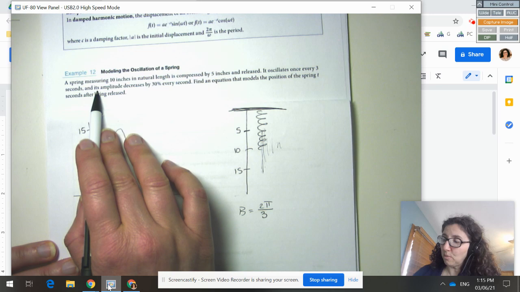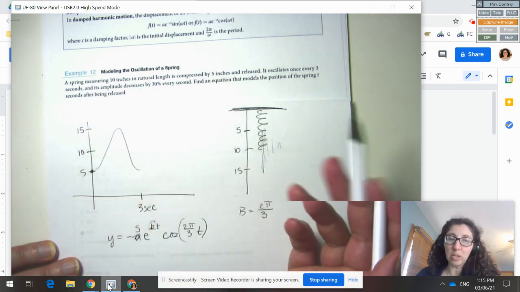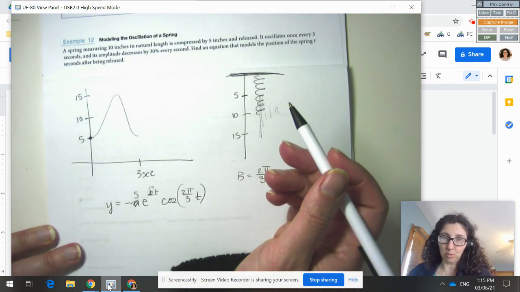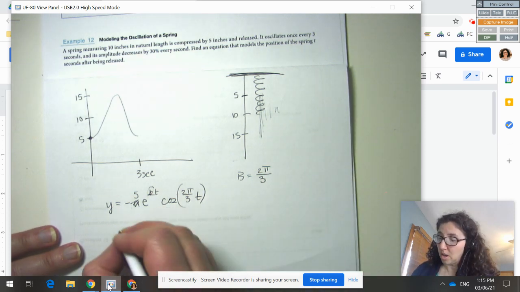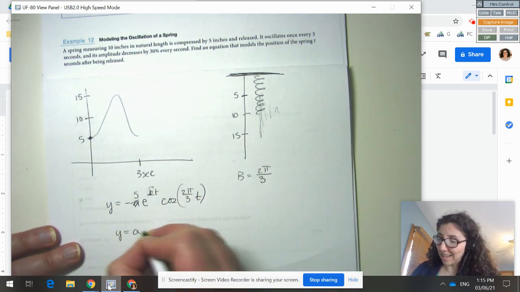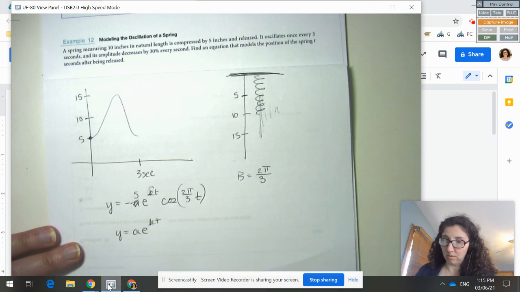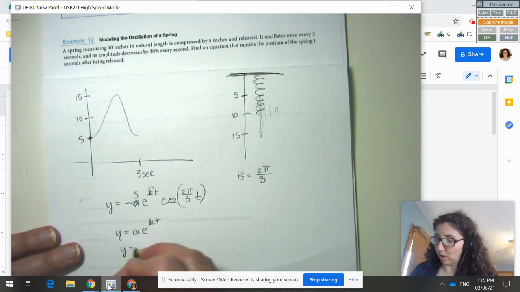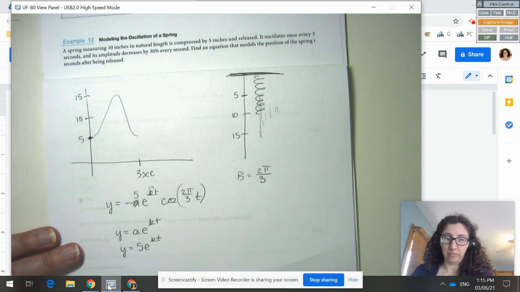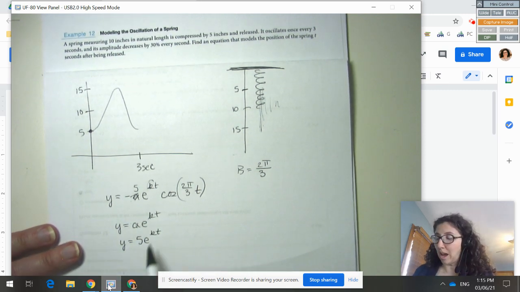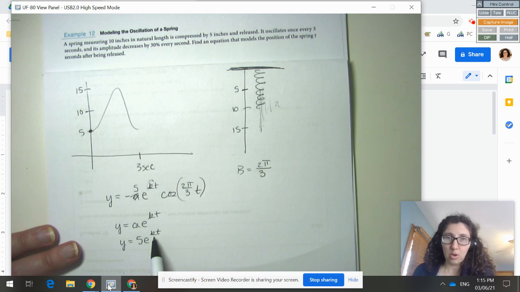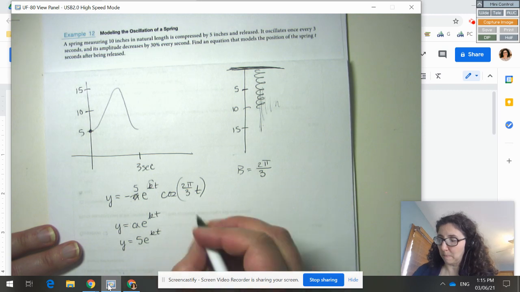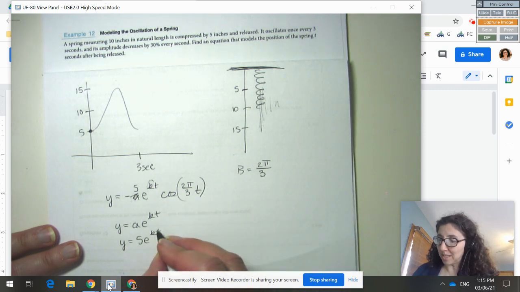We're going to use this information. The amplitude decreases by 30% every second. All right, so we got to think back to our exponential functions. We're going to have something of the form y equals a e to the kt. Okay, and we want to find out what k is. Our a value is our initial amplitude, which is 5. So we can start with 5 e to the kt. And if you remember back to last semester, how do we find this value? We think of a second point. Okay, well, what is our second point going to be? We know that when t is 1,